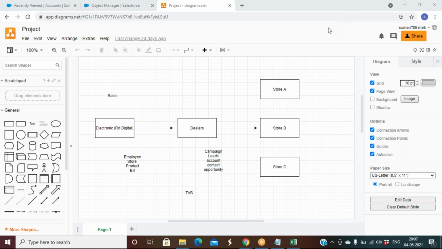Yes, configuration means by default whatever options are available in Salesforce. If I want to say it in a single word, if you are not writing any code, you want to get a solution without writing code, that is called configuration. If you got a requirement from the client that you are not able to do without writing code, then the developer will come into the picture and get the solution.